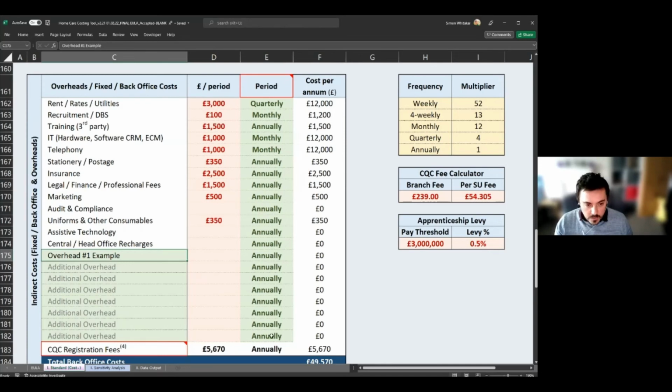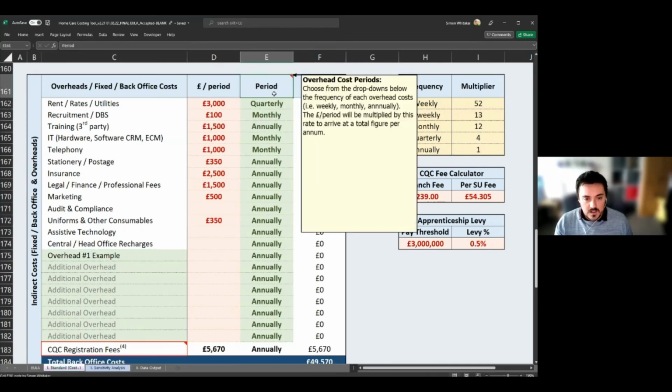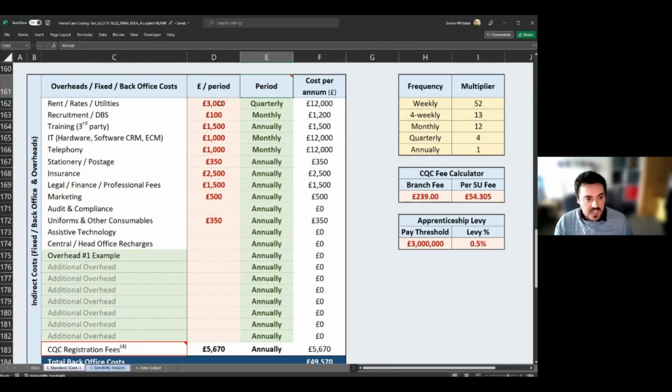The one thing that we have flexed in the model is this period, so I'll just hover over that. The drop downs you can pick from weekly, 4 weekly, monthly, annually as well. Oh, I've just noticed a typo. Look at that, it's 3 N's in annually. My mistake. So yeah, you can choose different periods, and all that will do is you can see here